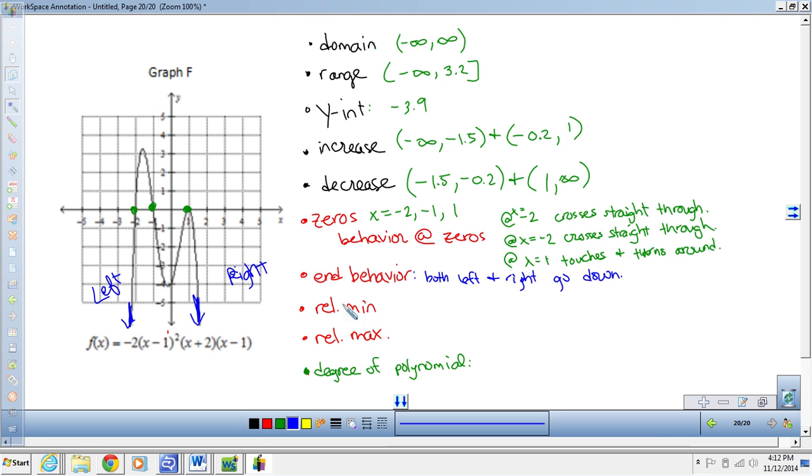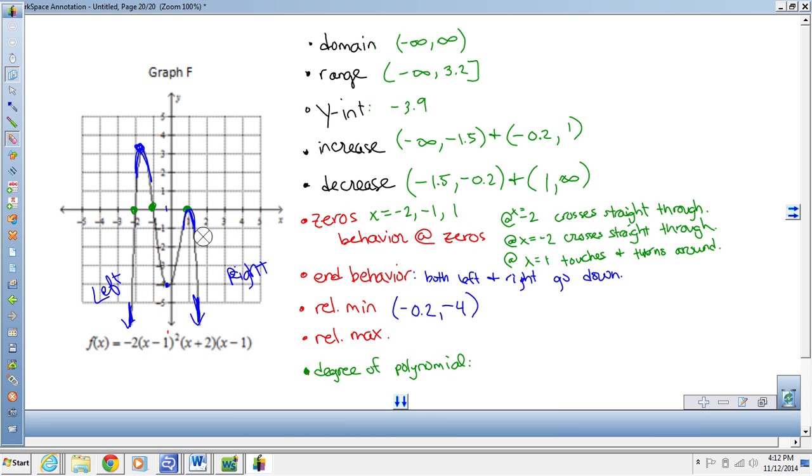So our relative minimum, okay, so I have only one that curves under like this. So that's my relative minimum. And what point is that? Let me see. We are at about negative 0.2, comma, our y is negative 4. Our relative maximum, so I have two humps that curve over like this. So which one is the maximum? Which one is the highest? This one up here. Okay, not this one, but this point up here, which I'm going to call negative